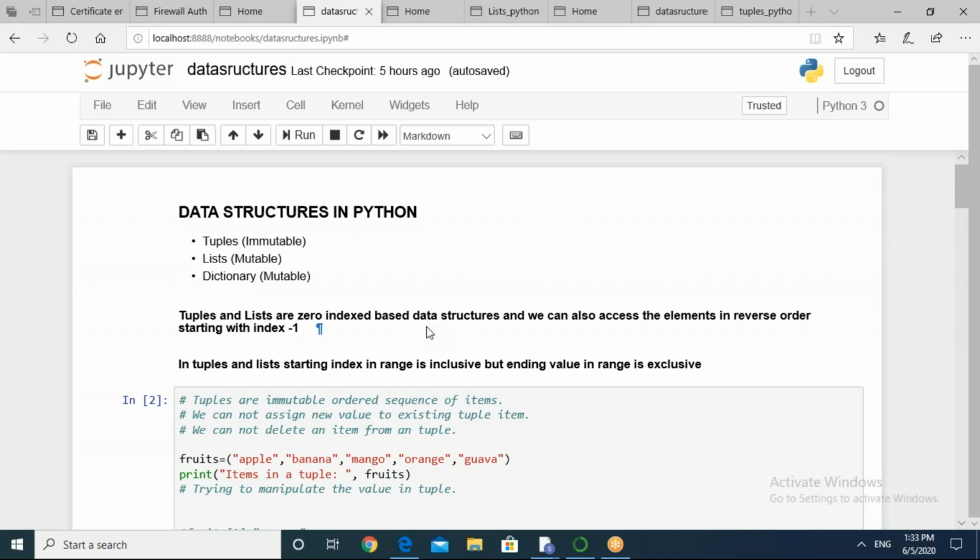So not all these responses are correct, but those who responded extend, append, insert, many such things, removal, you cannot do, right? So let us see in the upcoming session what kind of operations are allowed and not allowed. Similarly, tuples can also make use of the slicing concept, and you can also go for the range method in which your starting value is inclusive and the ending of the range is exclusive.